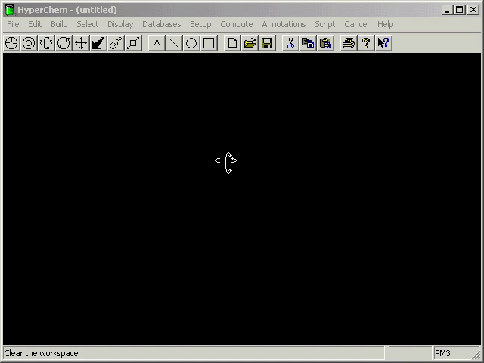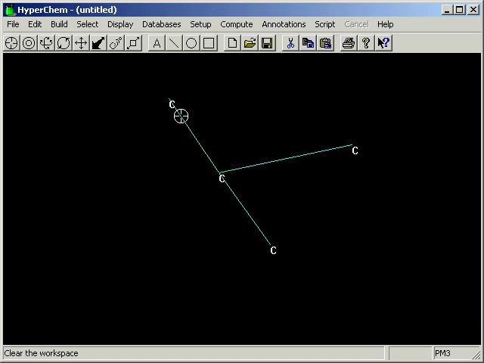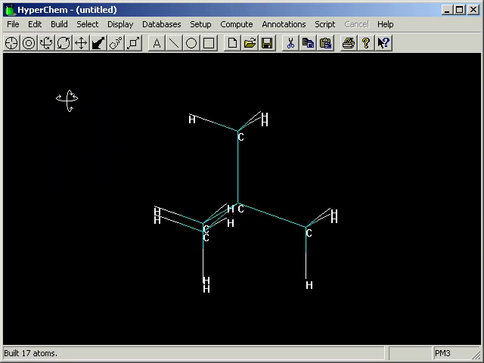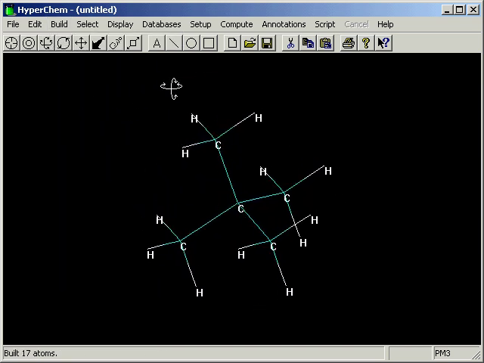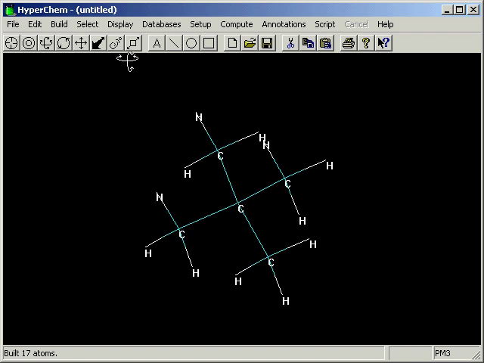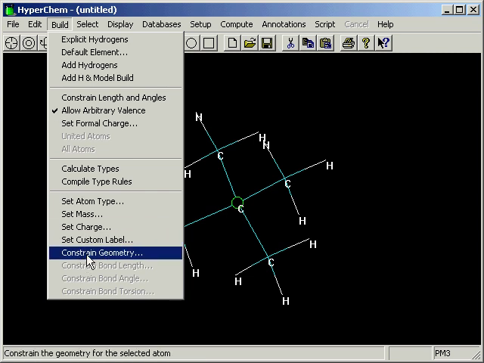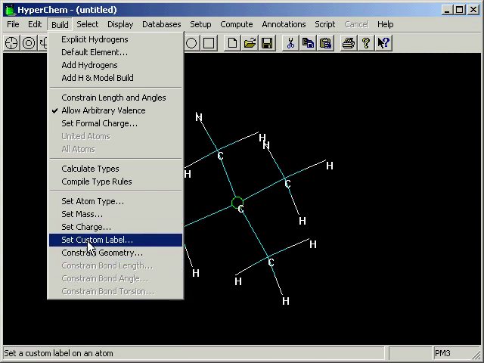This tutorial illustrates constraints to the model builder, in particular constraints to the geometry about an atom, the atom geom. So let's build something here. Let's just take some carbons, connect them together, and build this, and we obviously get a tetrahedral molecule. Now let's take and select this carbon atom, and when we apply constraints, we can constrain various things here